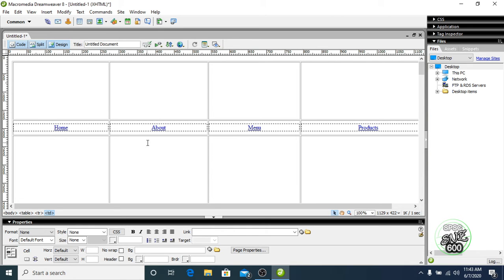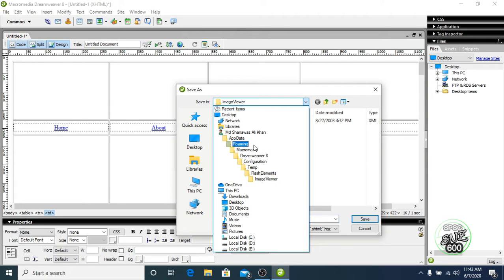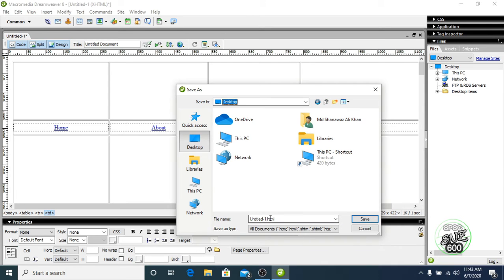As this is my first page, I am working with this first page. You have to click on the save as button and go to desktop. I want to save my files on the desktop, so click on desktop, create a folder first, and name the folder my web page.